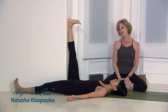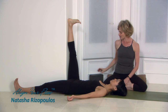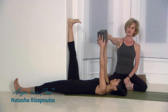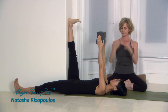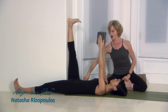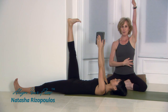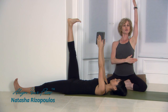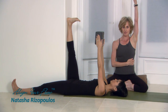Now, if you wanted to also open your shoulders while you were lengthening your hamstrings, there's a nice thing you can do with a block, which is to hold the block overhead between your hands and not gripping it with your fingers, making kind of mitts with your hands. Keep your front ribs soft, because typically what happens is that when we're trying to open the shoulders, what we instead do is move the mobile part of the spine. So what you want to do is drop your front ribs